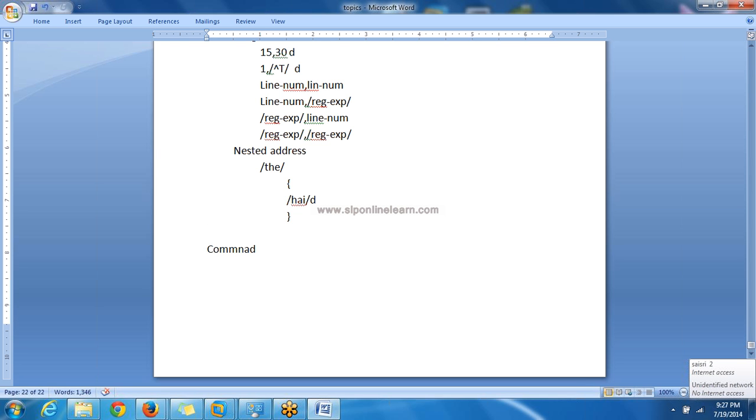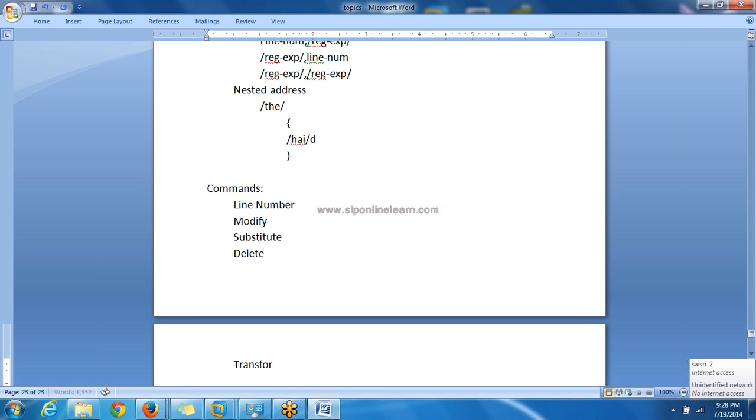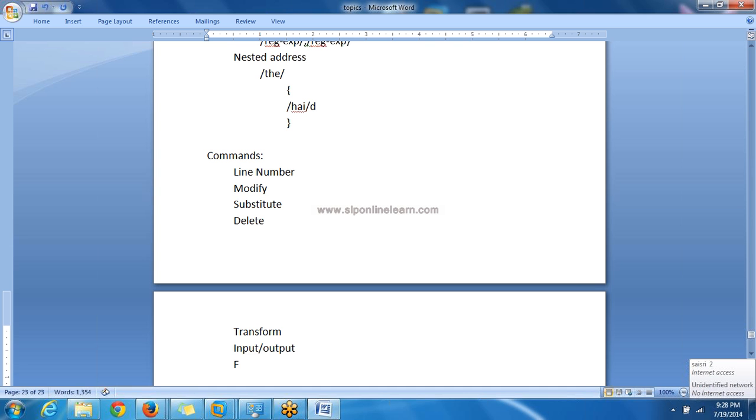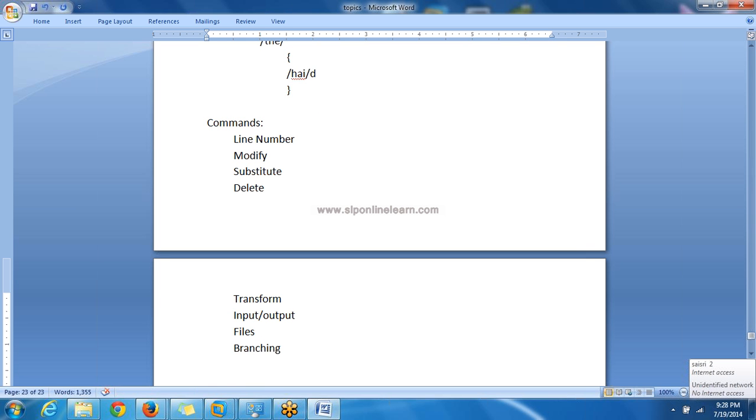Next, what are the commands? So many commands are there, but in Unix the commands are categorized like this: line number commands, modify, substitute, delete, transform, which means it will change, input or output commands, file related commands, branching, which means based on a condition, hold space, and exit.